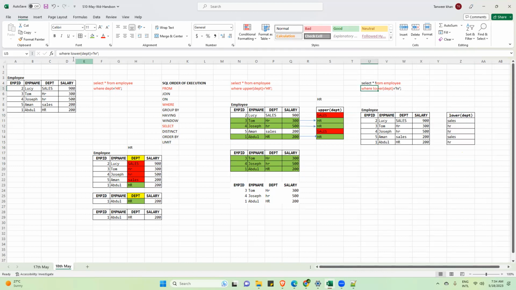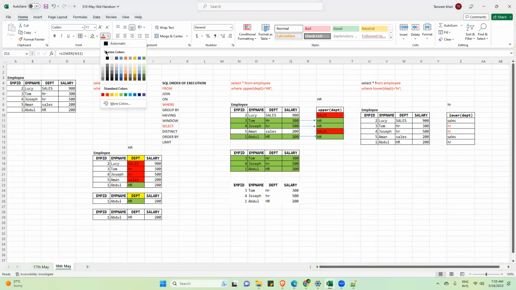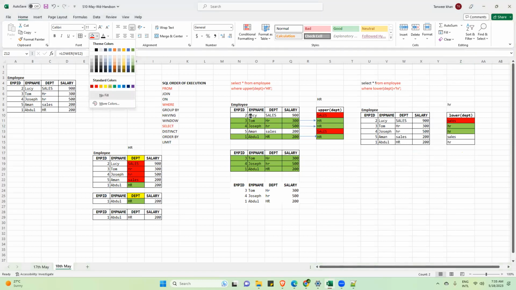Now in this, what are you searching? We are searching lowercase h, lowercase r. So this is not lowercase h, lowercase r. So rejected. Second one, these two are selected. Rejected. Selected. This is also selected. And this is rejected.